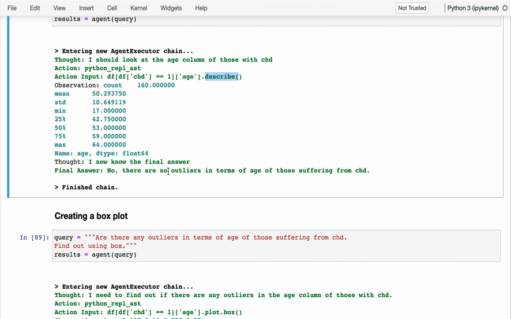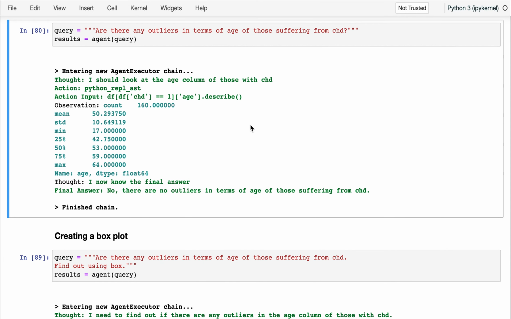And it says no, there are no outliers in terms of age of those suffering from CSD. This is something I'm not sure is right, because the median value is 53 and IQR, of course you have to go and calculate the IQR,